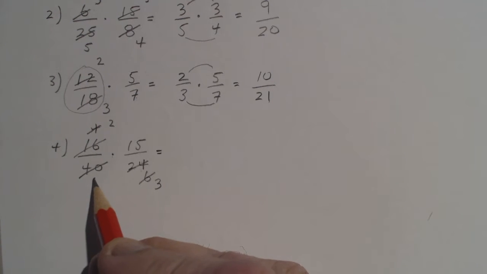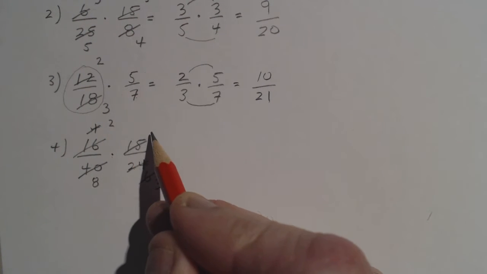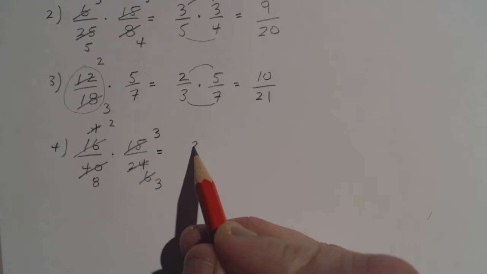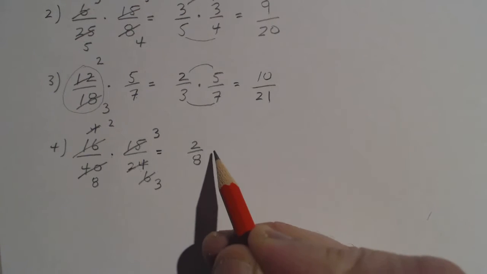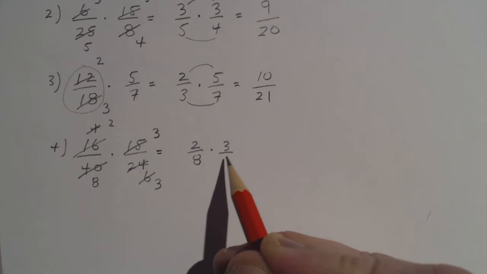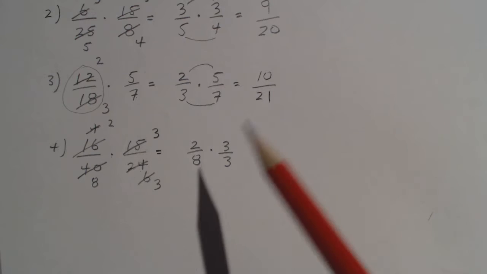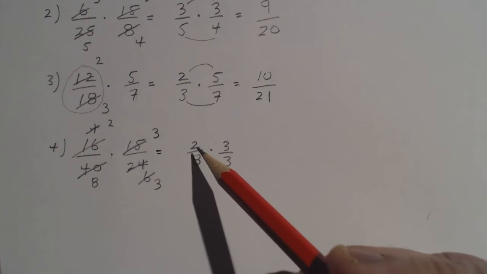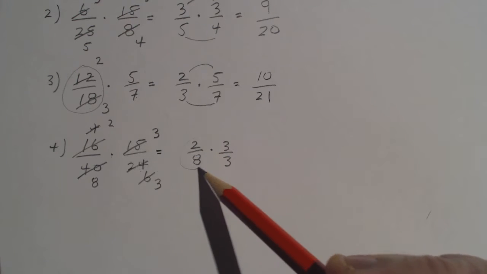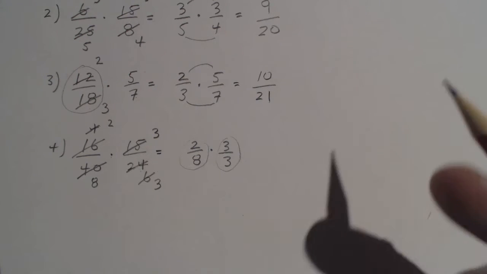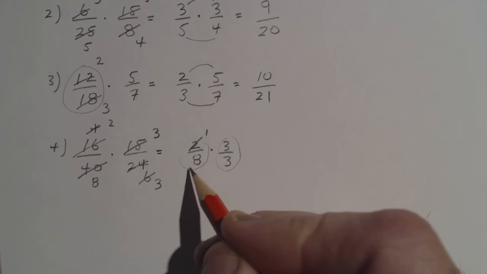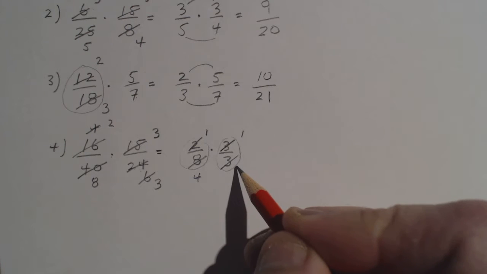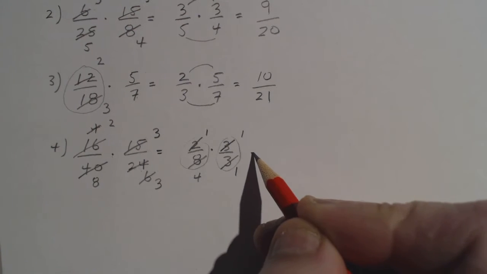5 into 40 goes 8 times. 5 into 15, 3 times. So what we're now left with is 2 over 8 times 3 over 3. You'll notice now we can't cross cancel this way or this way, but what we can do is simplify the 2 over 8 and the 3 over 3, because 2 goes into itself once and into 8 4 times, and 3 goes into itself once, and in the bottom as well once, and we get